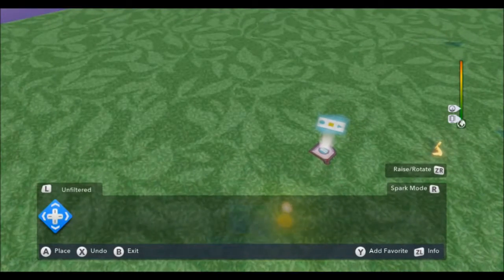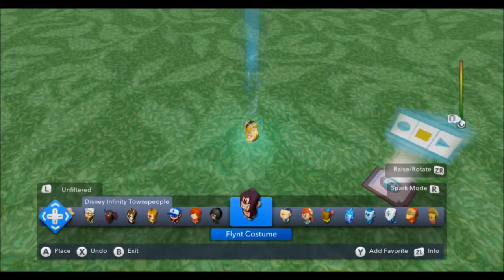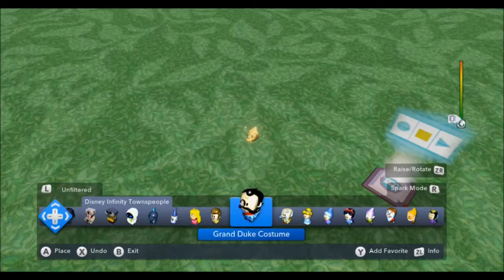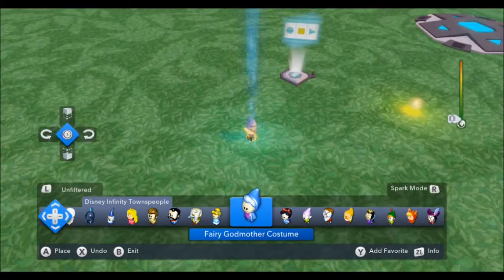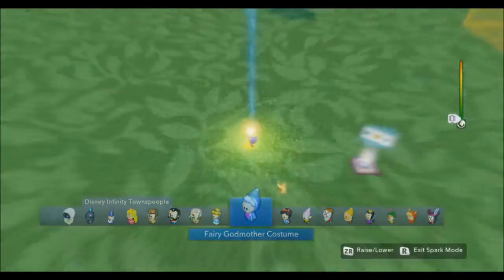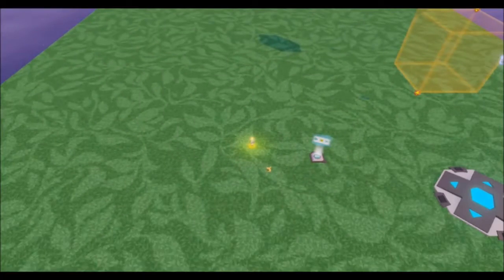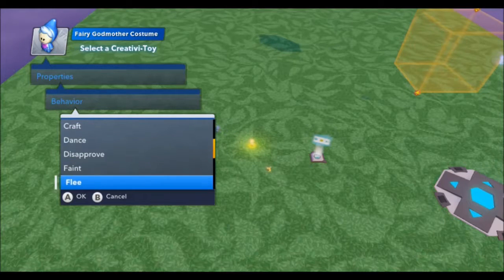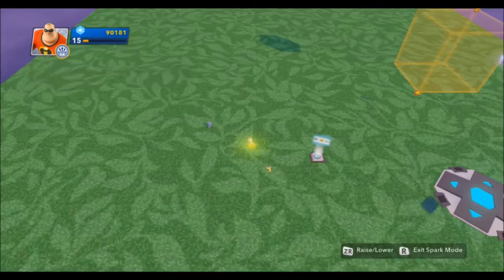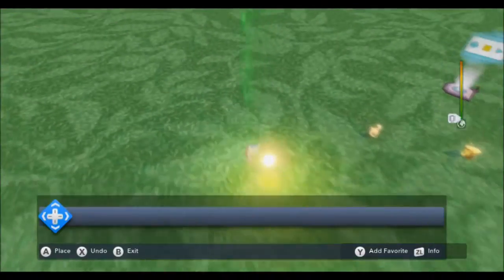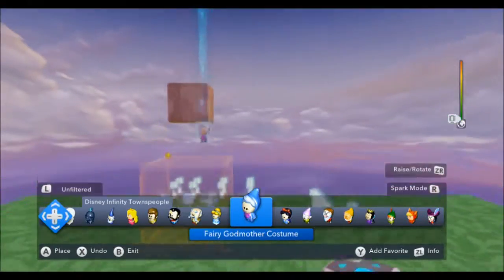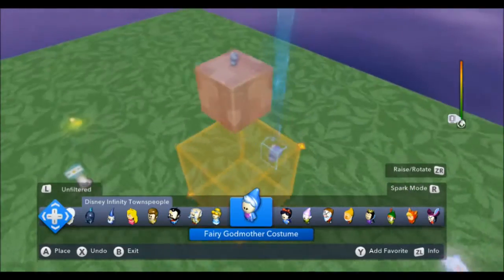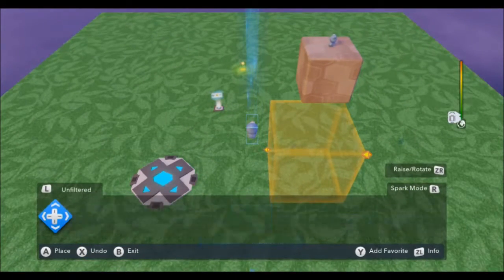Then all I have to do is find a townsperson, and let's see, we can't use the actual fairy godmother herself, just like in the game. And I want to make sure I set her behavior to stand still. Now I'm going to pick her up and put her on this block. And finally, I'm going to